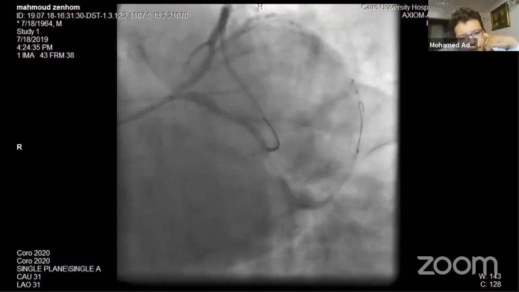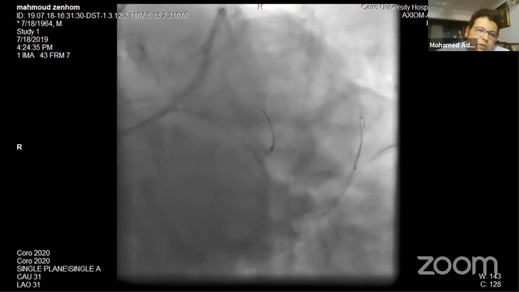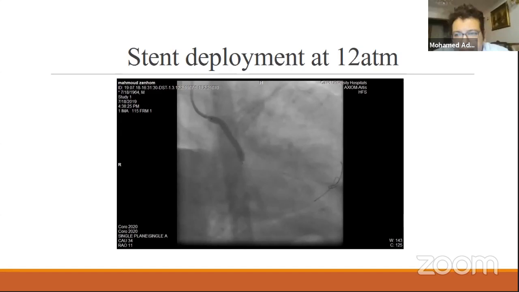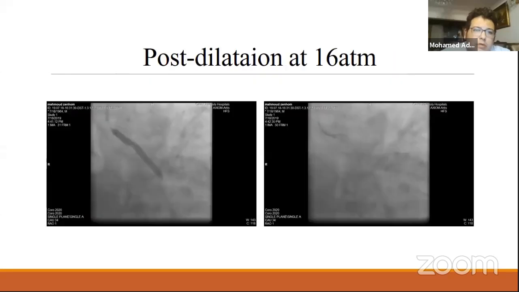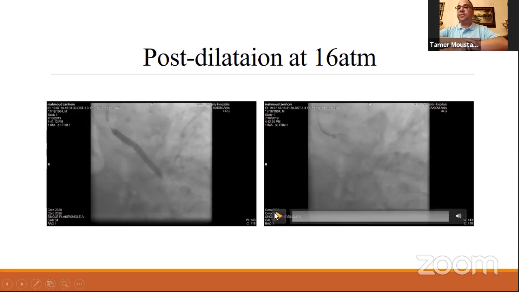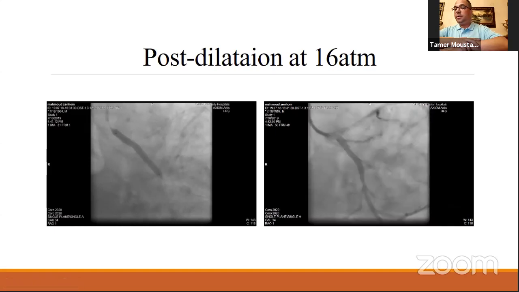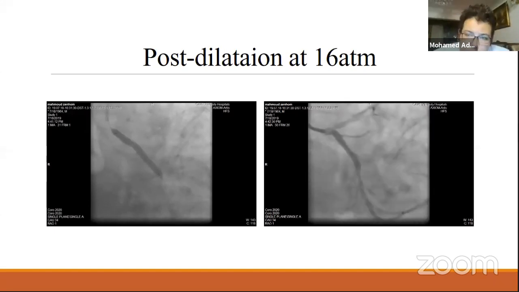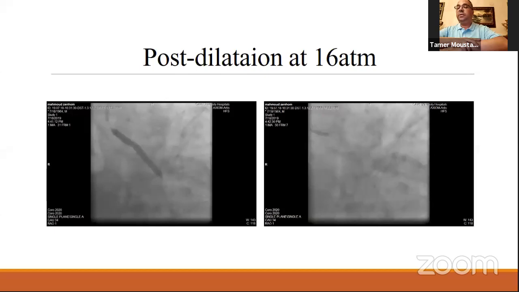This was a stent 4 millimeter in diameter by 38 length. Stent deployment at 12 atmospheres and post-dilatation at 16 atmospheres. Mohammed, what's the length of the stent? 38 millimeters here.